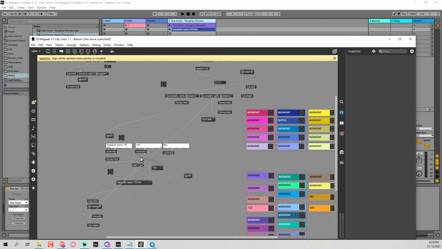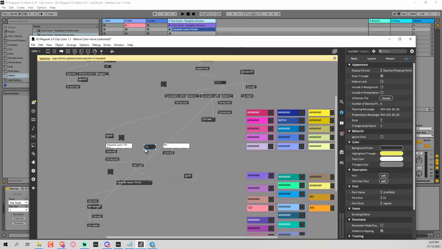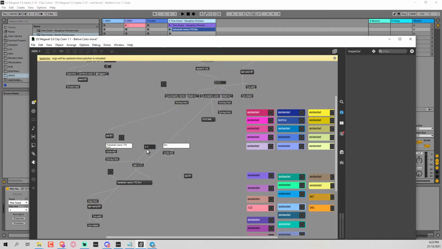We only want to have 3 things in our pack, which is the BPM. I'll change the BPM to an integer. We'll make a float just so people can specify BPMs in odd styles, so 180, etc. And the key,